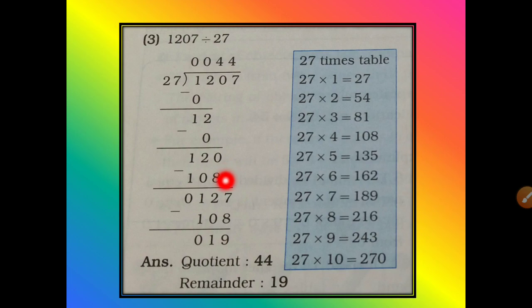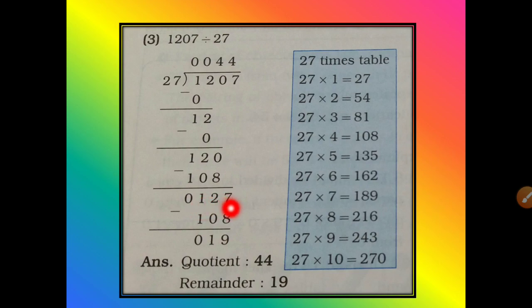0 minus 8, not possible. We will borrow from 2. This will be 10. 10 minus 8, 2. 1 minus 0, 1. 1 minus 1, 0. Now copy the last number, that is 7. So this is